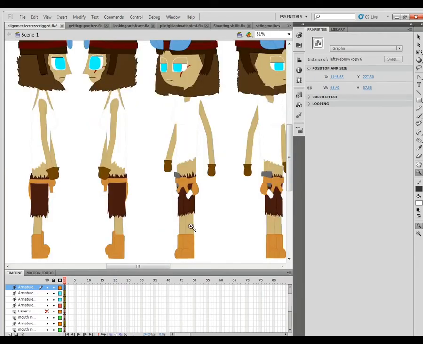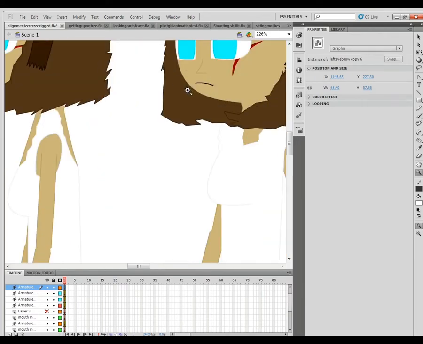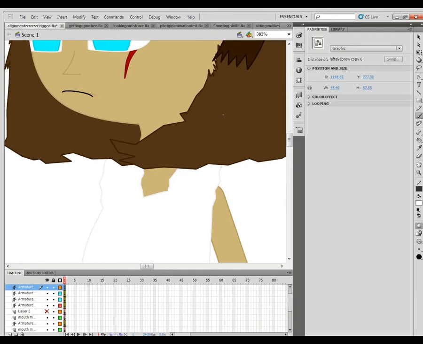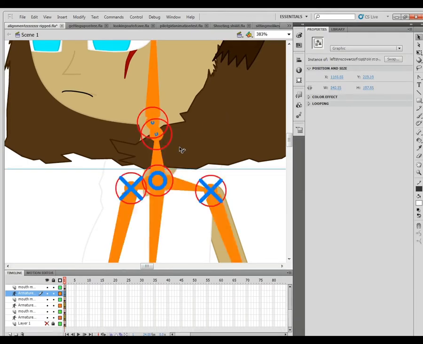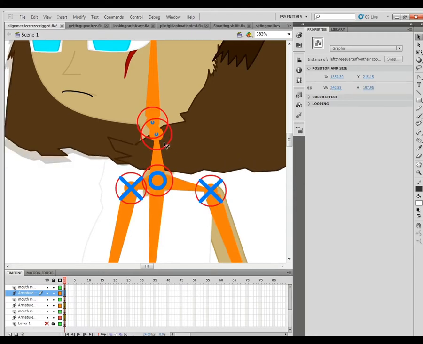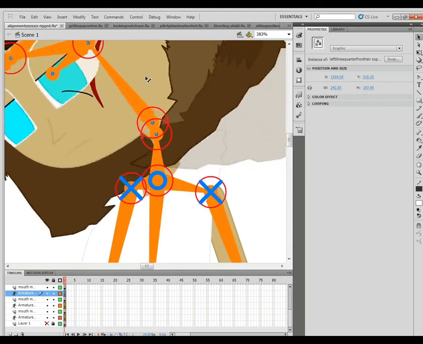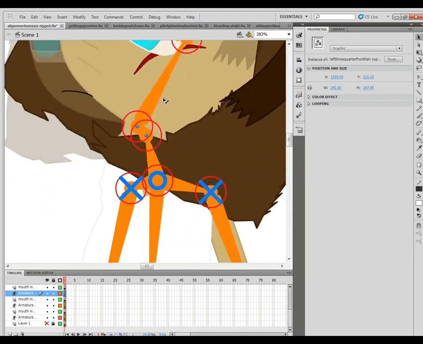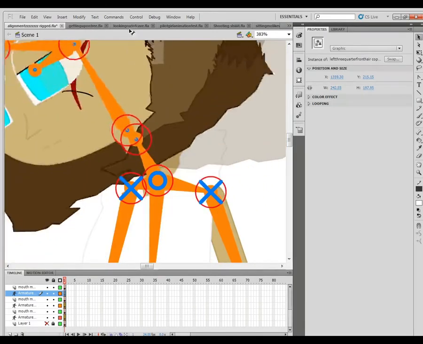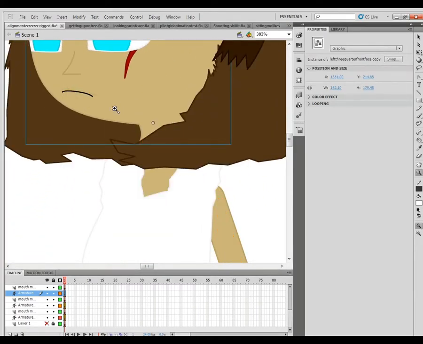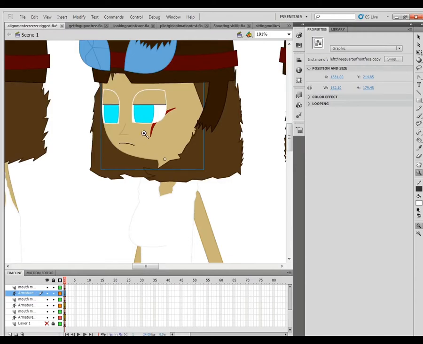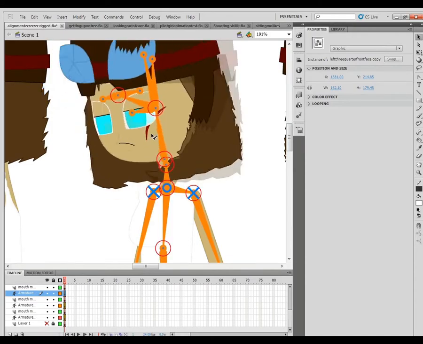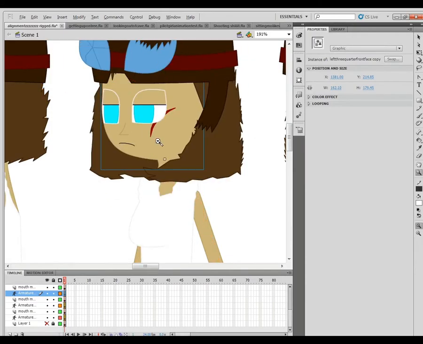I guess one other thing to note is, for some of the sides, depending on which angle, you might want to make a separate little piece for your neck so that it moves better, I guess. I don't remember what would happen if you didn't. But yeah,